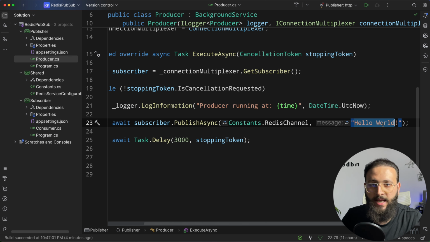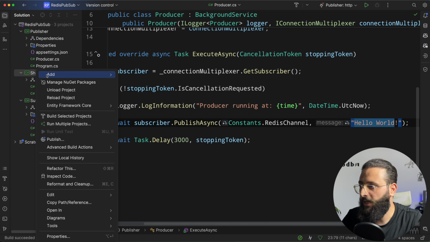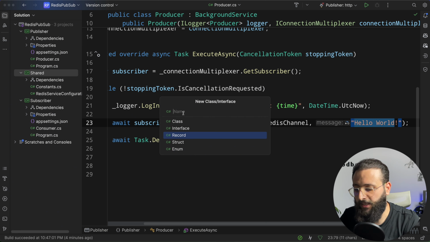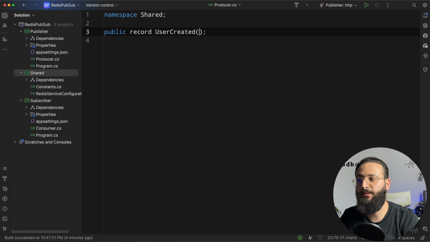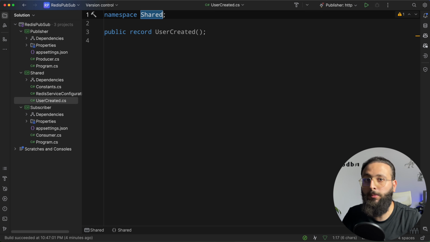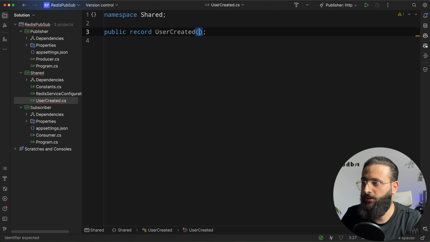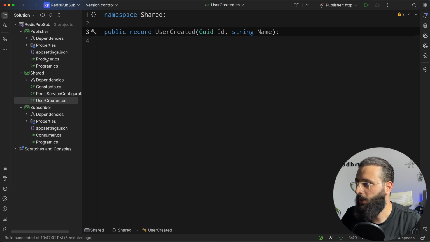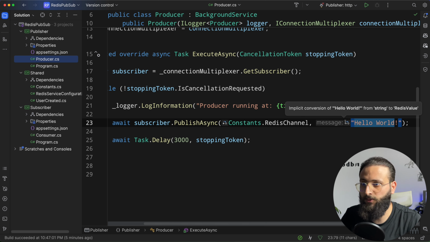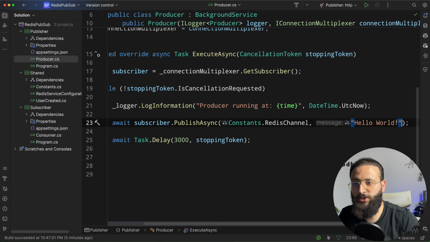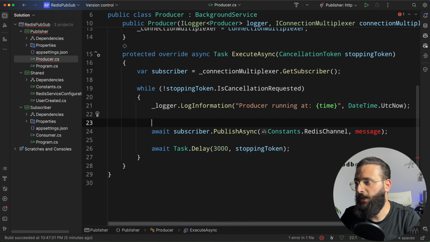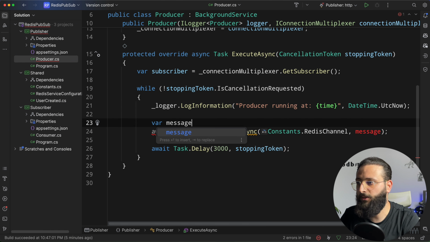Let's try to send an object. And to do that, I'm gonna first create a new class here. It's a record, and let's call it UserCreated. Let's say it's an event that we are publishing to all subscribers saying that, hey, we have a new user created. A user can have an ID and let's say a name. And now in our producer background service, let's change this one here to message, and let's create a new message